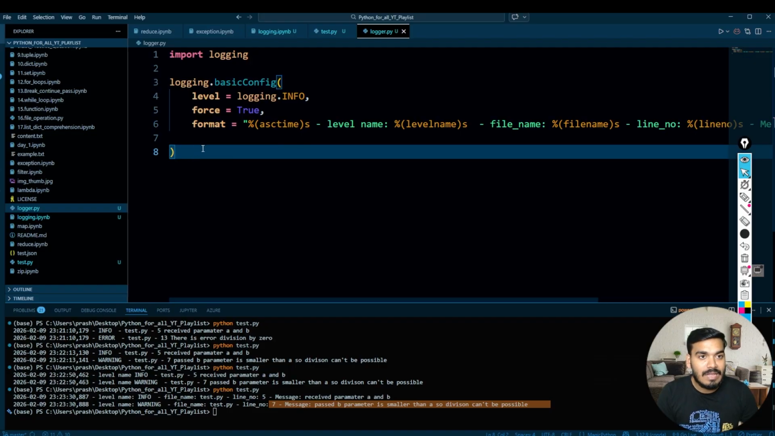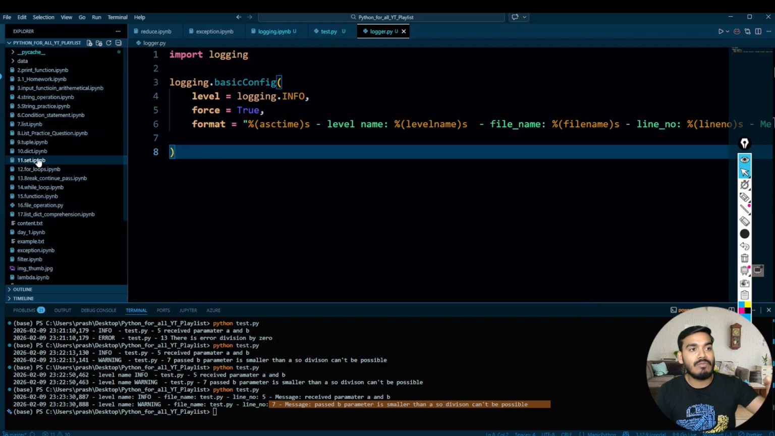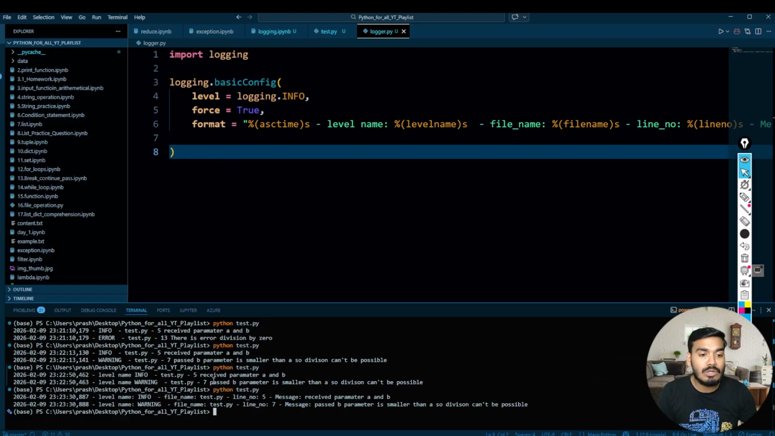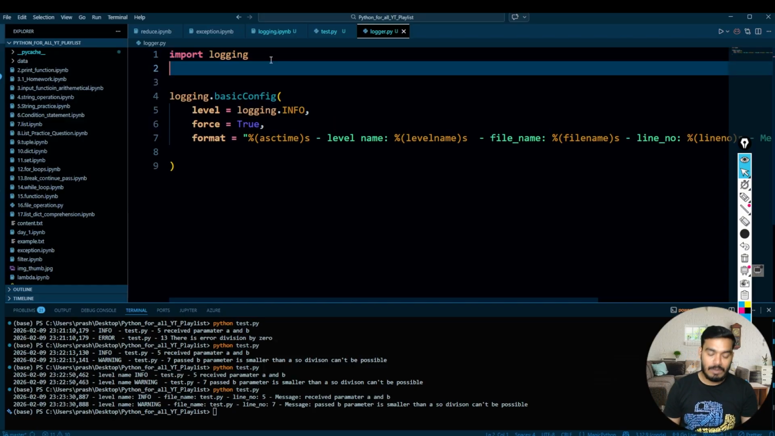Now what I want is to save this logging into some file. I just don't want to show this in the terminal. I want to also save it into my file. So what I'll do over here, I will import some libraries, import